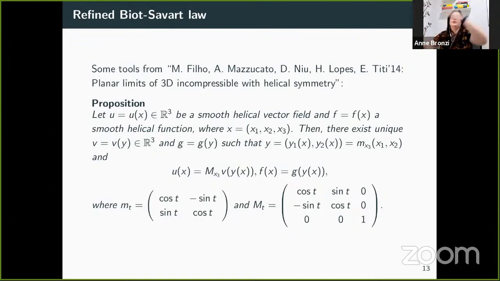Actually, we have the information on the whole space because we just move along the helices and we rotate the vector field. Okay,